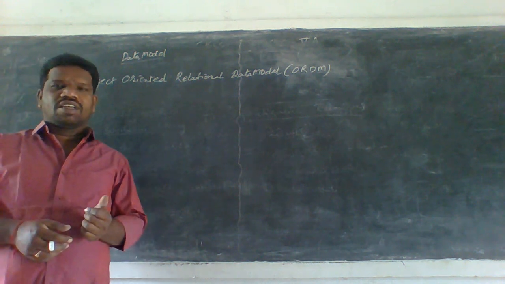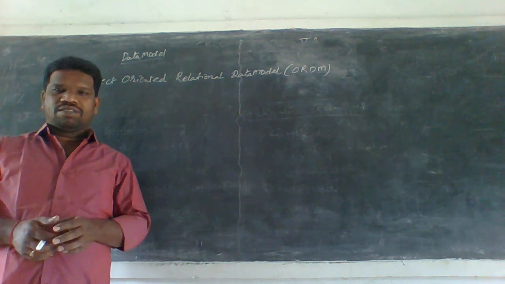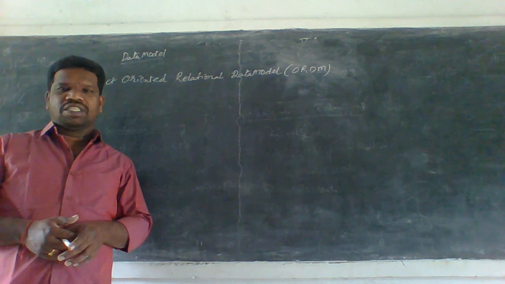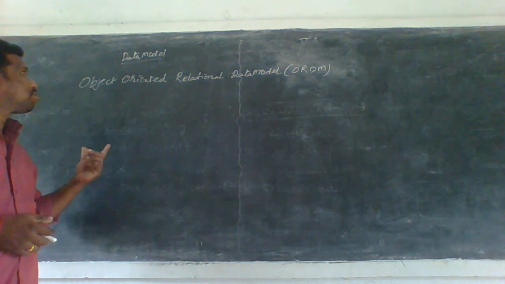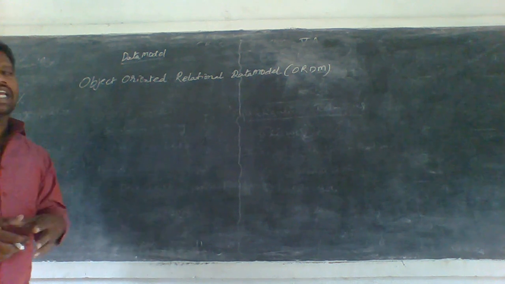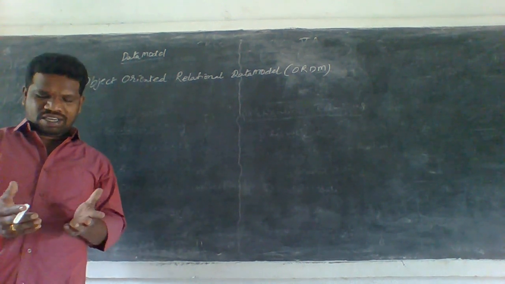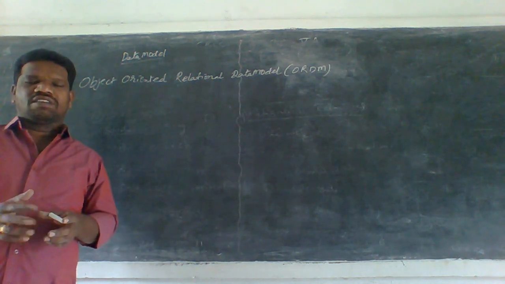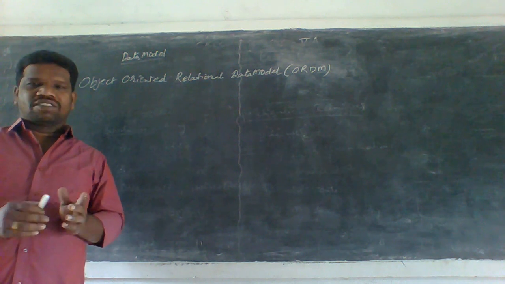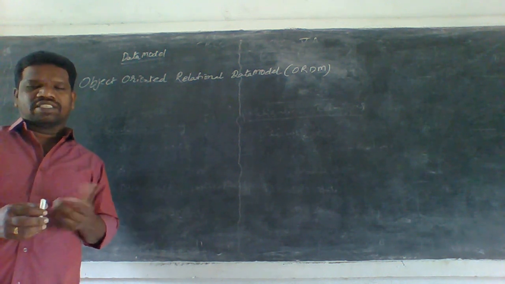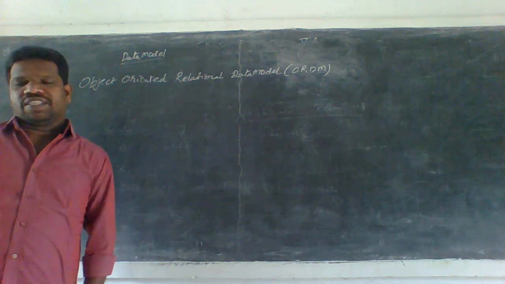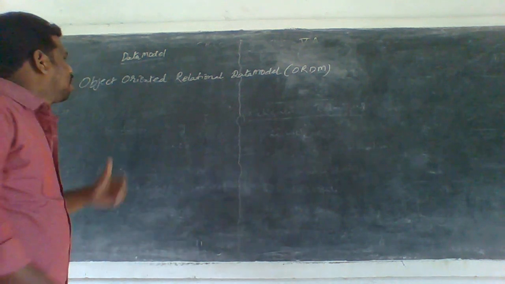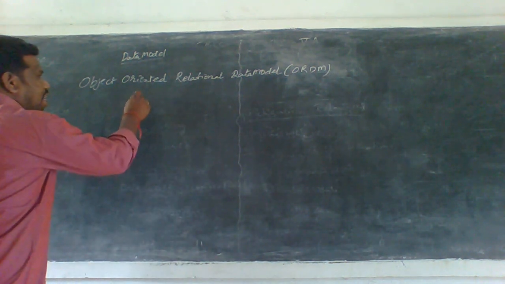So what is a data model here? A data model is a clear view of the database, for better enforcement of data and efficient work using the database. The object oriented relational data model can be implemented in two ways: first, based on the object oriented principles, and second, based on the relationship between entities, as in ER diagrams.